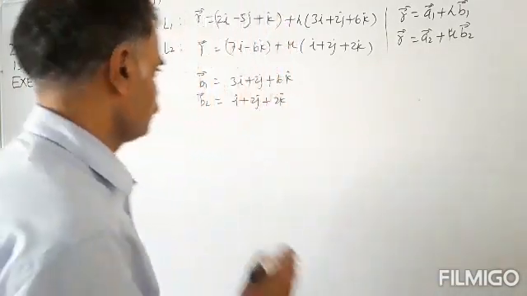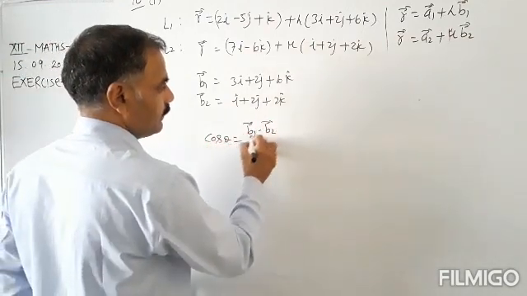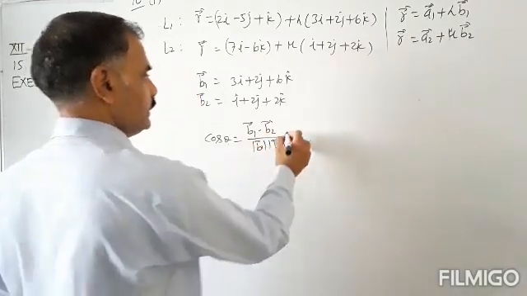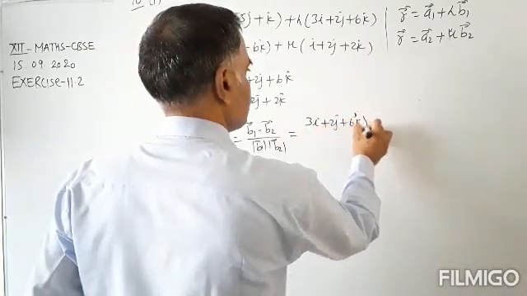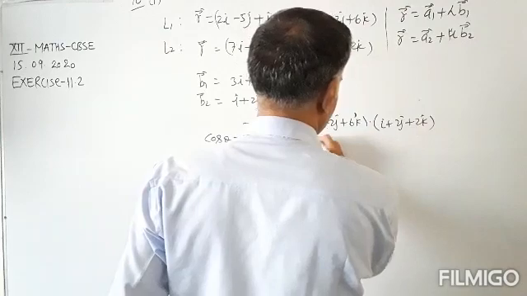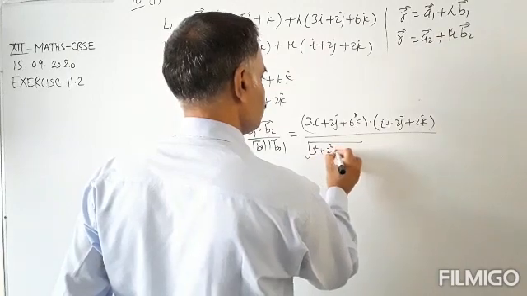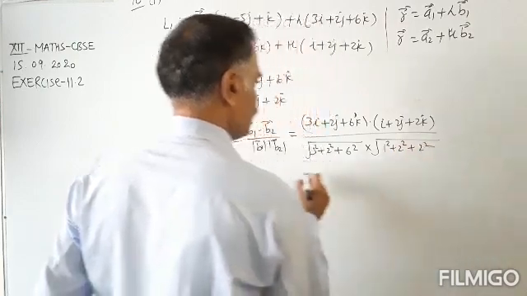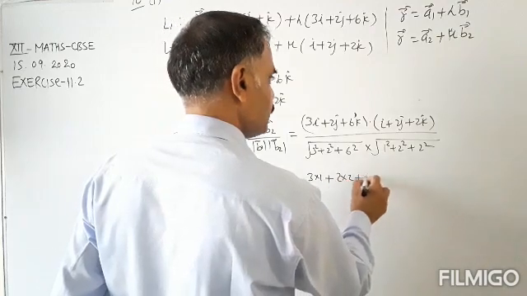Now cos theta equals (v1 vector dot v2 vector) upon (magnitude of v1 vector times magnitude of v2 vector), that is (3i cap plus 2j cap plus 6k cap) dot (i cap plus 2j cap plus 2k cap) divided by under root (3 square plus 2 square plus 6 square) into under root (1 square plus 2 square plus 2 square). So this equals (3 into 1 plus 2 into 2 plus 6 into 2)